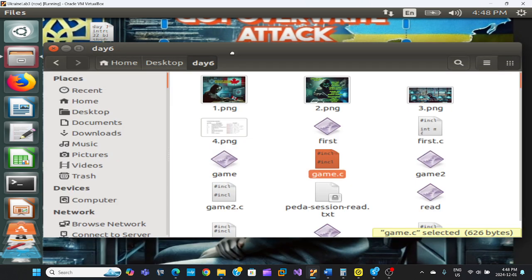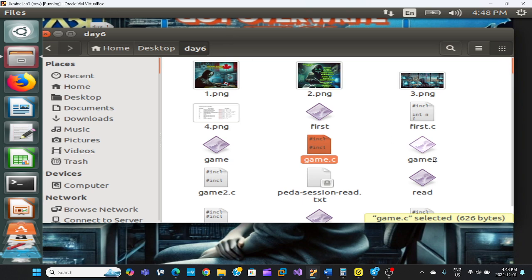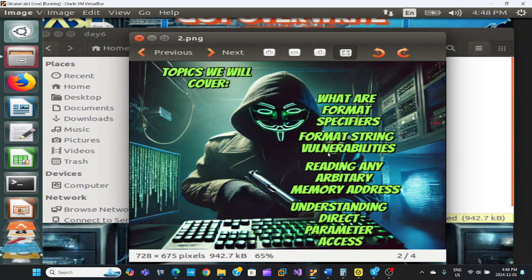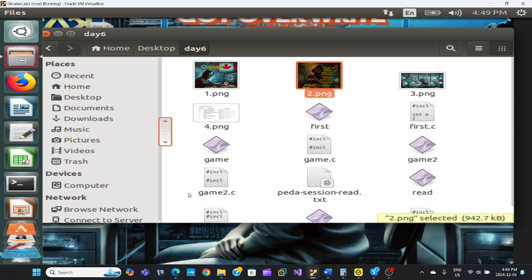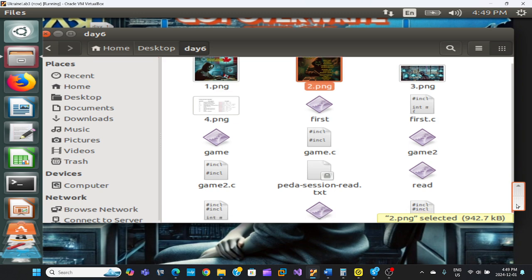So what we'll do now is we can also read. So we went over what format specifiers are, what format string vulnerabilities are in the very basics. So now we're going to read any arbitrary memory address. So let's have a look at this read program. Is another one I have